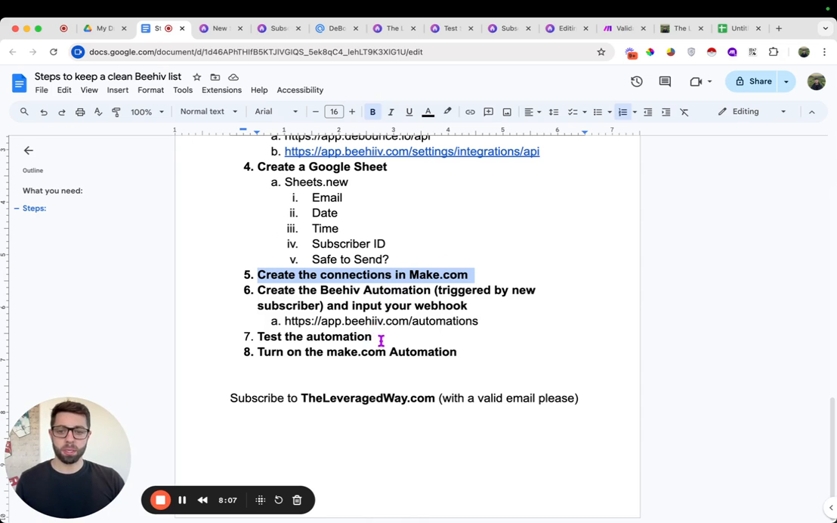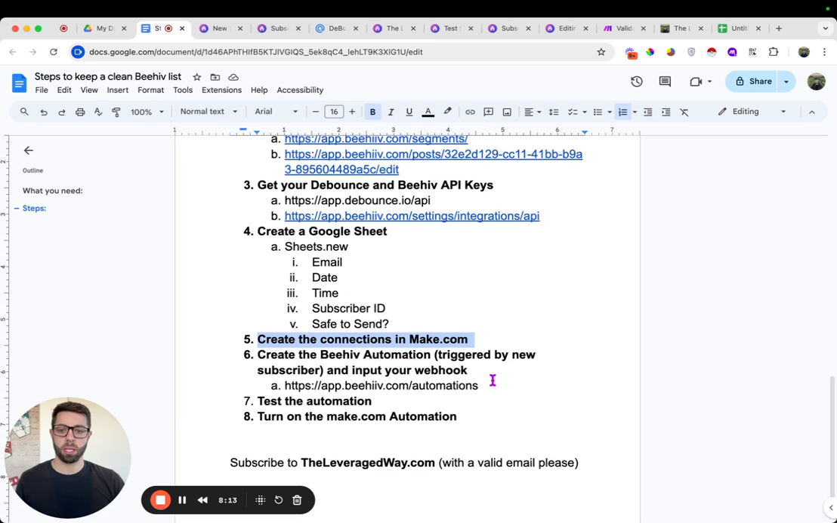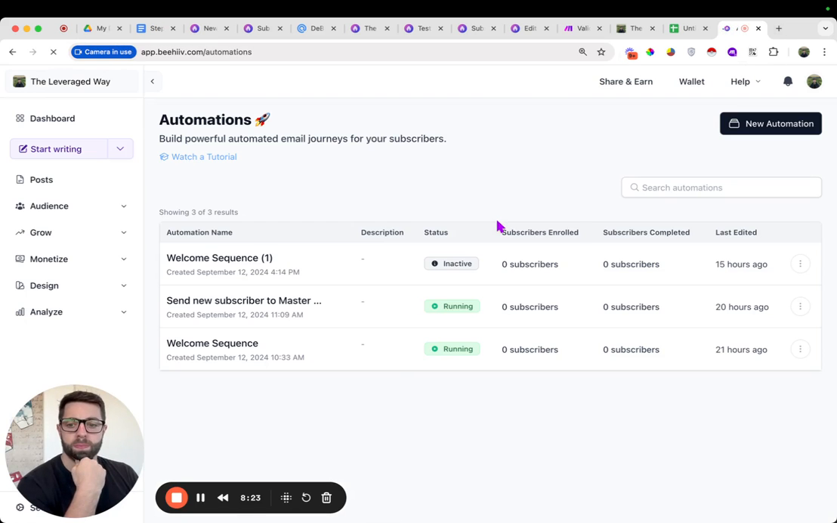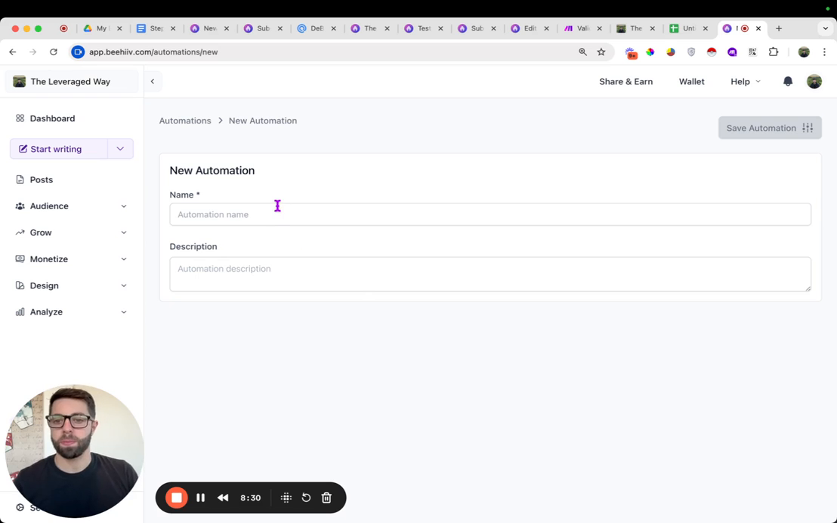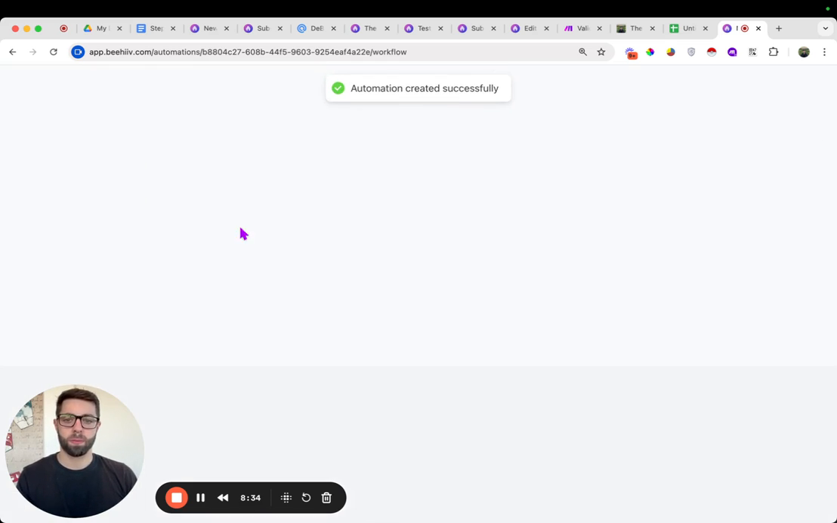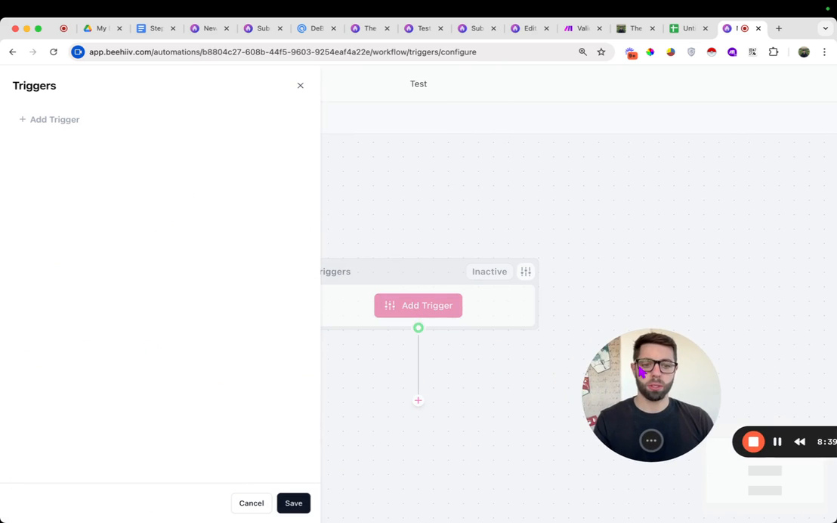So I might have skipped a step. However, if we want to test this automation, where we're going to go in just a moment is the automation section in Beehiiv. Okay, let's go here. We're going to make a new one. Test. We're going to add a trigger here. So whenever there's a new subscriber,